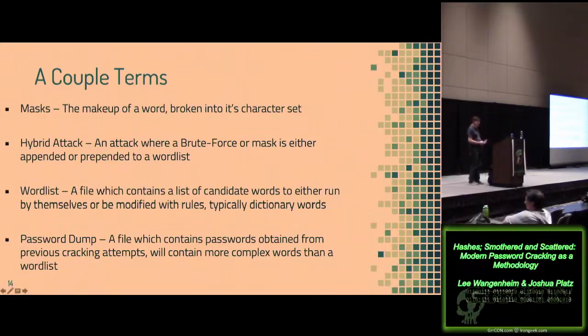The difference is when you apply rules to a word list, they will modify themselves into what looks like the password dump, but a password dump will never come back and change itself back to just a dictionary word. So it's important to make that distinction. So if you're using rules with your password attacks, you're probably going to want to use a word list. And we can get into really deep details on word lists, but using common dictionary words,